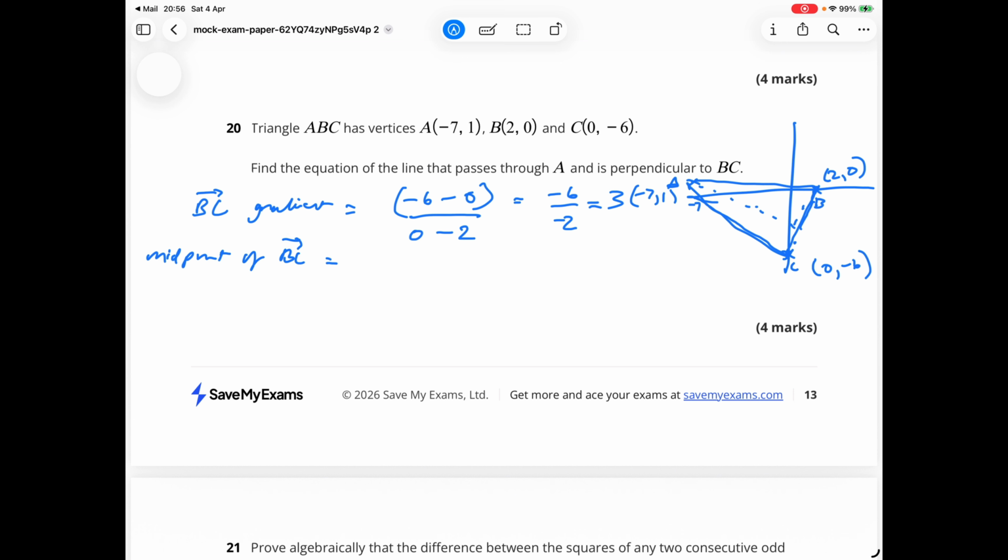Let's add them together. So it's 2 plus 0 over 2, which is 1, and minus 6 plus 0 over 2, which is minus 3. So the midpoint is 1, minus 3, and that's there. Let's call that D. So DA